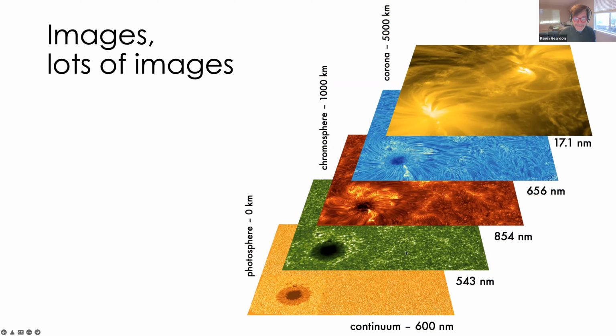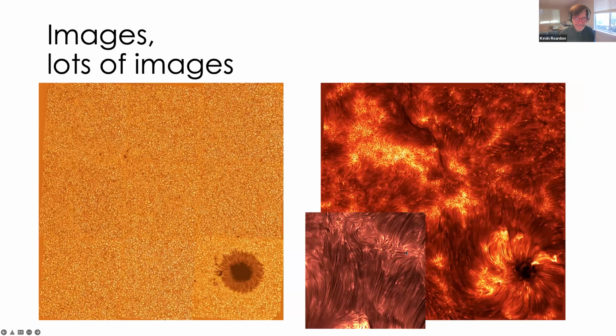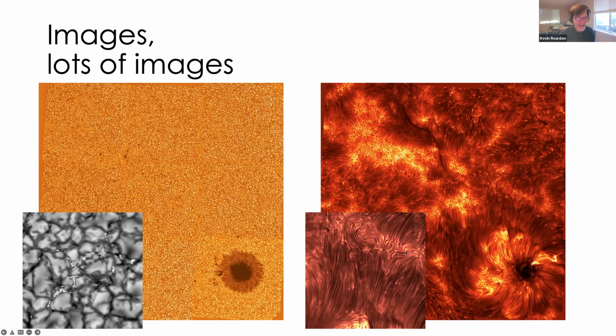And we take a lot of different images at a lot of different wavelengths because they tell us about different parts of the solar atmosphere. And so we try to build up this sort of 3D view of the sun, going from the photosphere here on the left and up into the chromosphere and the corona. And so, these are sort of large scale images, and then you see these sort of zoomed in versions where you can see some of the structures, all the different structuring,